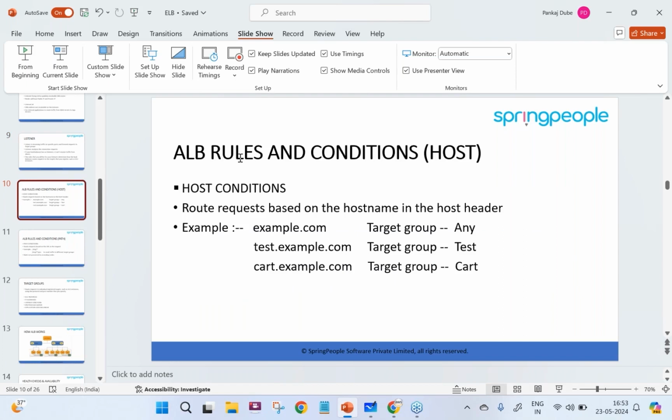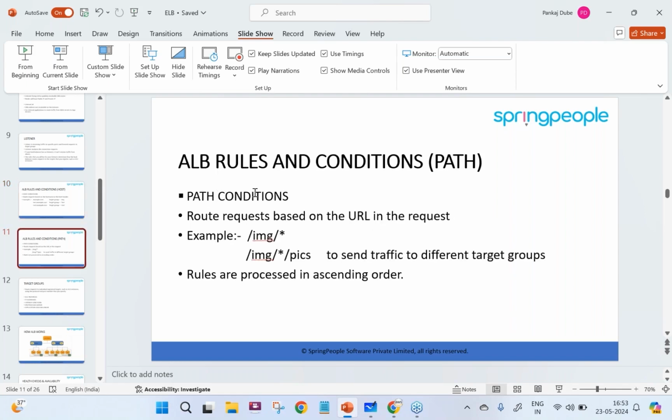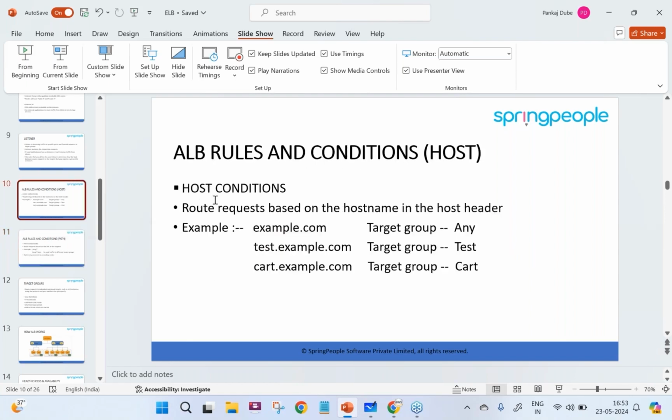Next, we have application load balancer rules and conditions. The traffic is routed by host-based routing or path-based routing. So we have two types of routing: first is host-based, another is path-based, and here we specify the conditions. So what is meant by host-based?